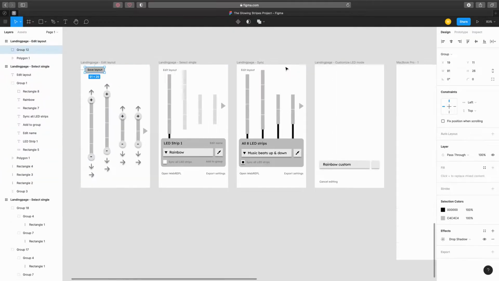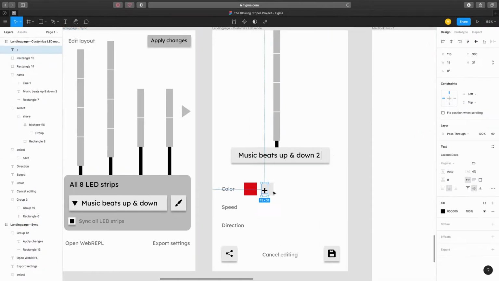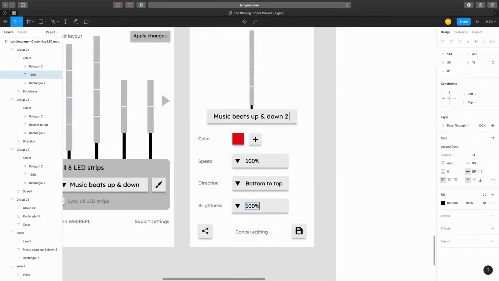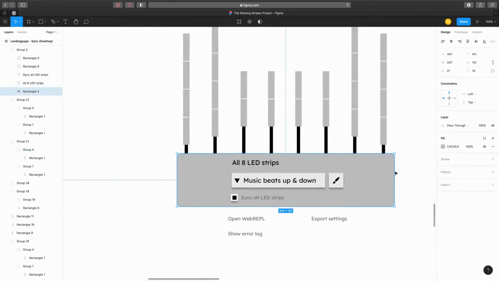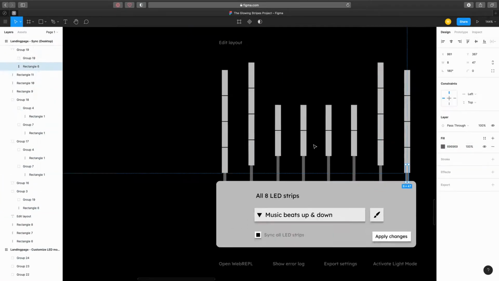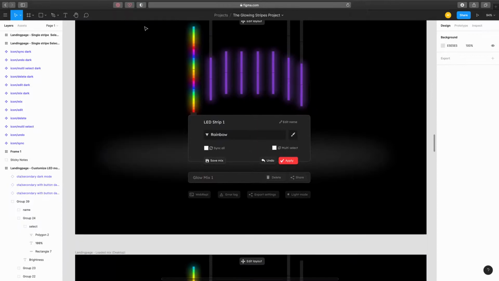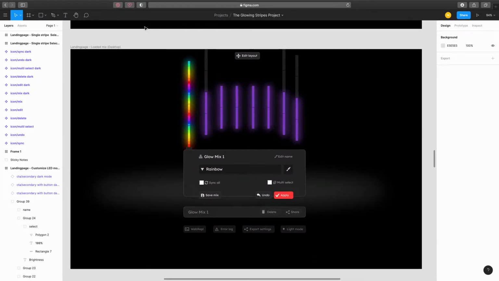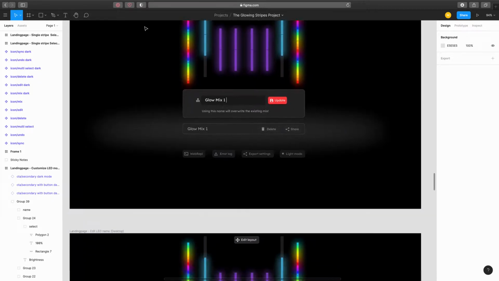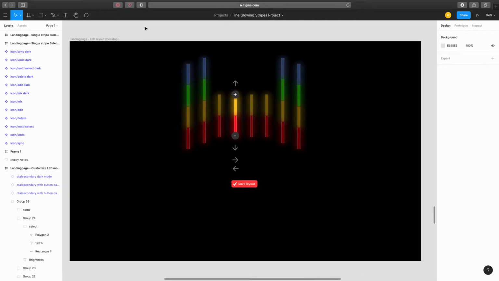But hey, it wasn't all bad. I made a lot of progress when it comes to the front end. I first did the wireframes in Figma to create an overview of what parts the interface should include and how they should be connected with each other. And then I actually did the UI design. So the idea is that you have everything from being able to control individual LED strips, making them all glow in the same mode, in the same animation, but also allowing you to save